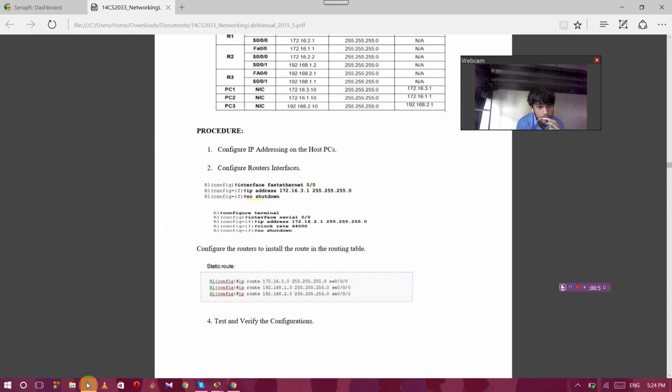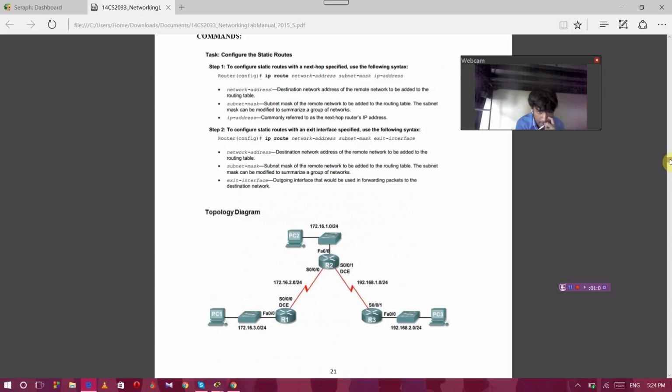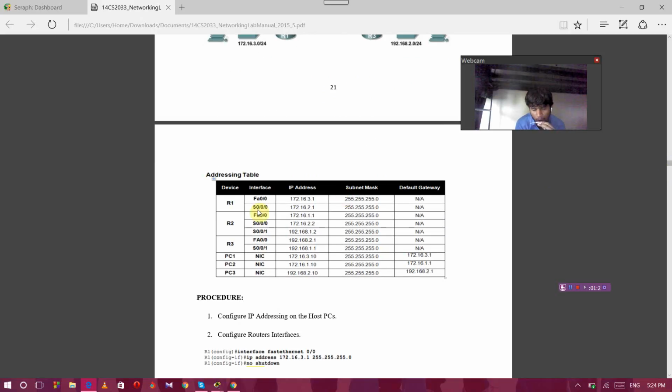Similarly, I'm going to show the commands to configure the router. The first one is the basic command, where I give the config terminal statement, and then I give the IP address as follows. Then I change the interface, and I'll show a set of instructions now. For router R1, the interface is fast Ethernet 0/0. I'm going to type interface fast Ethernet 0/0, and the IP address to be ensured